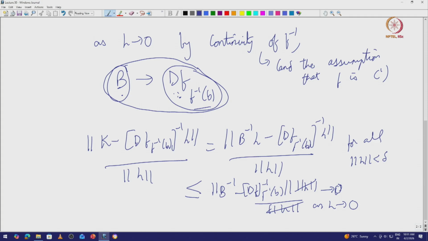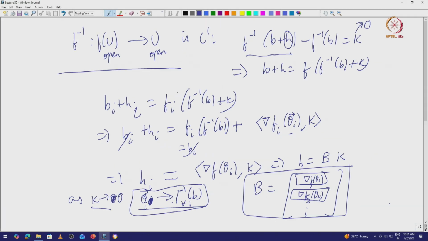A inverse is some matrix whose entries are polynomials in the original matrix divided by the determinant of A. And polynomials are continuous, and as long as the determinant of A is non-zero, the ratio of these two things is continuous. Okay. So what does this mean? This basically means, so what's the point of this entire exercise? What we have proven here is that if you take this, right,